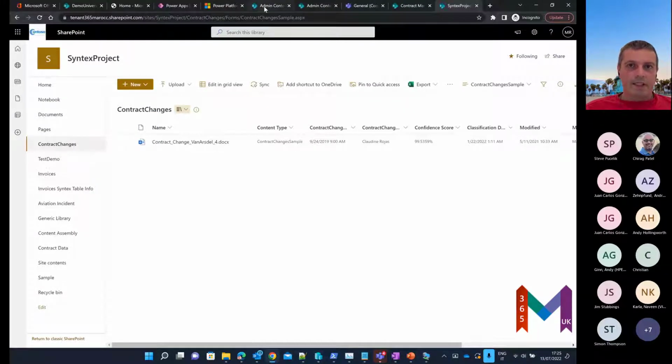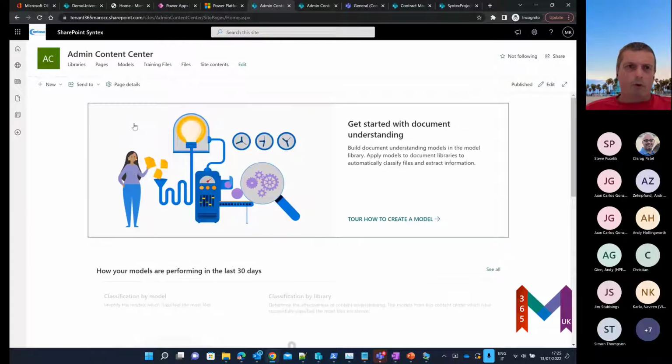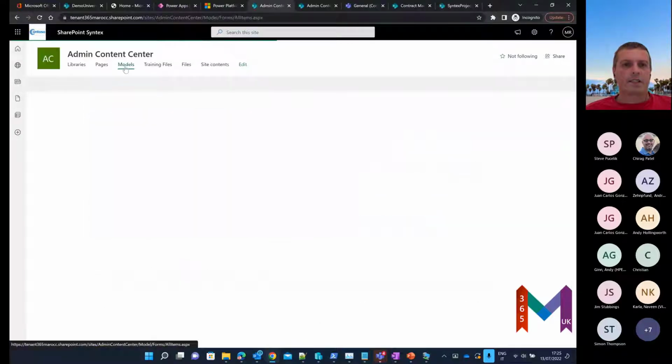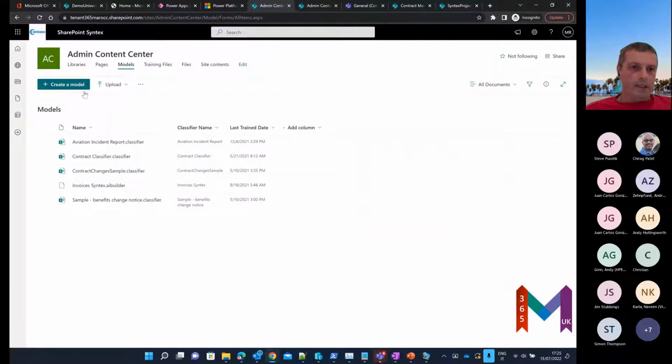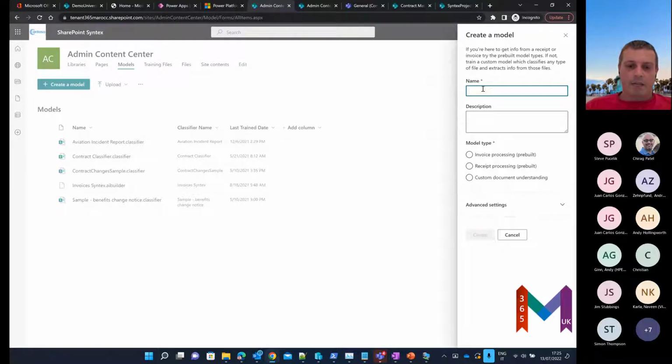Okay, this is my content center. It's a particular SharePoint site. Here I can select the model, then I start to create a model. There is a wizard to do this. For example,